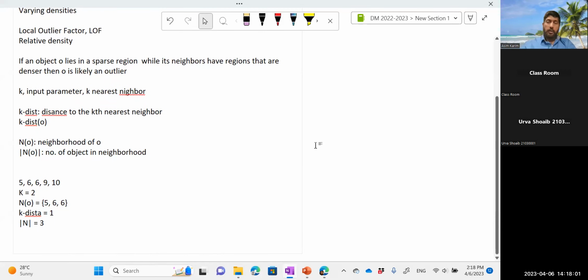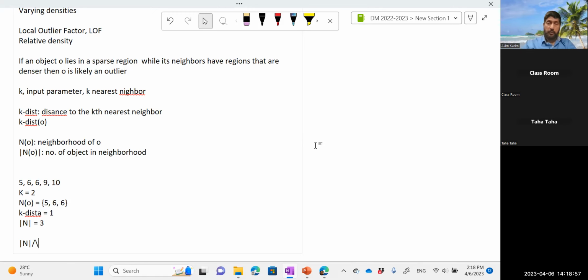So far so good. So now you can define the density around this object O, ठीक है, so in general density can be defined as N divided by, you can say the average distance of the objects in the neighborhood of O, or you can simply take the sum as well, N is of course the number of objects divided by the average distance or some notion of area, ठीक है ना, density क्या होता है, number of objects divided by area या volume या whatever, तो some notion of volume में आप average distance भी ले सकते हैं, diameter भी ले सकते हैं, so we need to find a way of quantifying density,